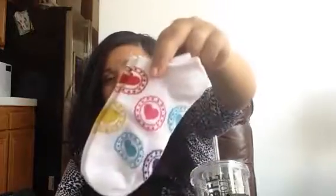I also have my nursing cover. This is from Udder Covers. I'm sure you guys have seen this. You could Google a coupon code and get it absolutely free. I think they run anywhere from $35 to $45, and you just pay shipping. So this is the print that I got. I have some socks. I'm not one much for socks, but I went to the dollar store and I picked these up just